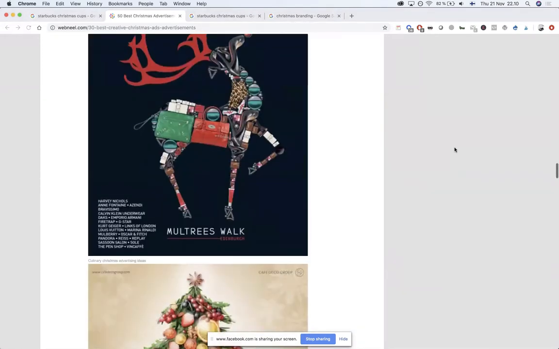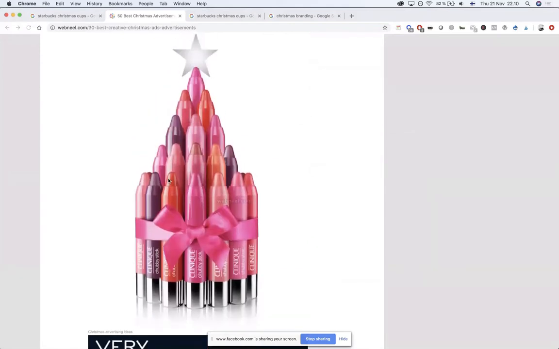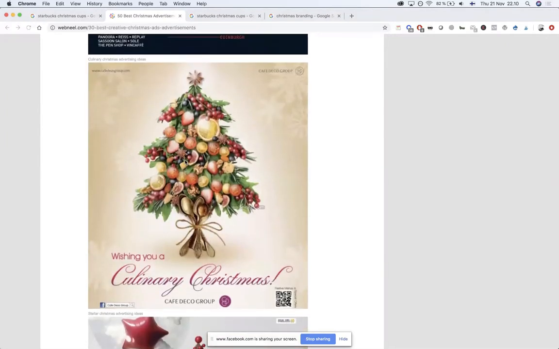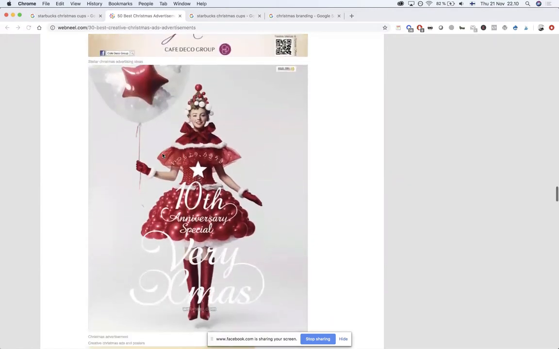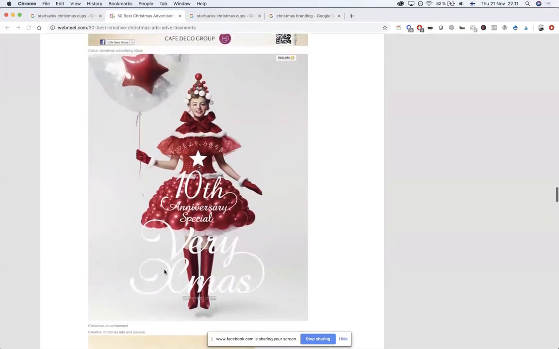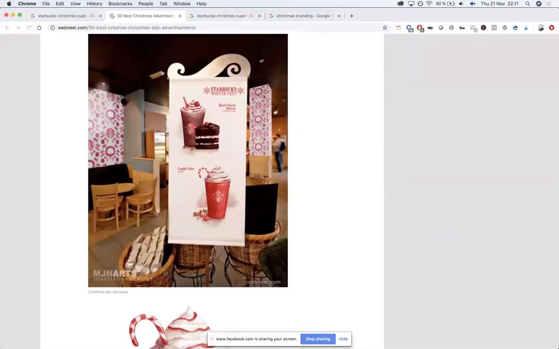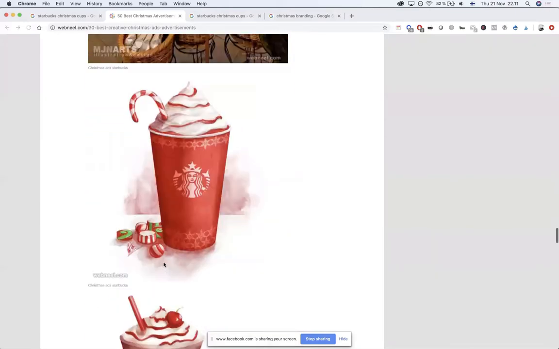So here was, like I mentioned, with photography, Clinique had made a little Christmas tree from their lipstick, so that's kind of fun. Illustrations is another way to do it. So this Cafe Deco group, which I have not heard of before, has created a little illustration. I'm not quite sure if the spoons are an actual photo, but it looks like the other stuff here is an illustration. So illustrations, photos. I'm not quite sure what this one is, but anyways, so imagery, more cafe here, more Starbucks.